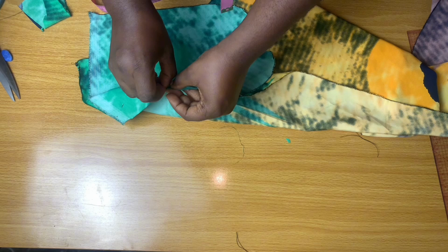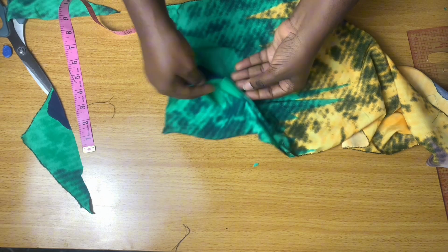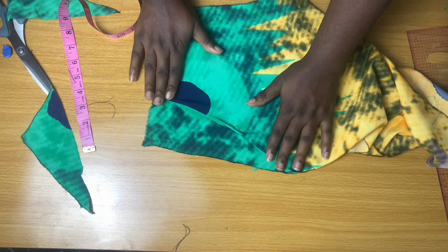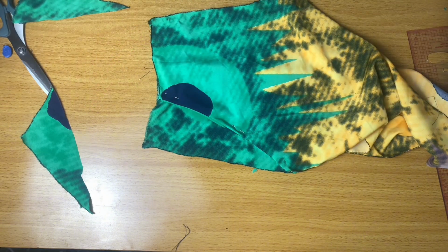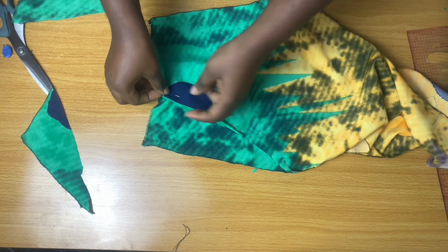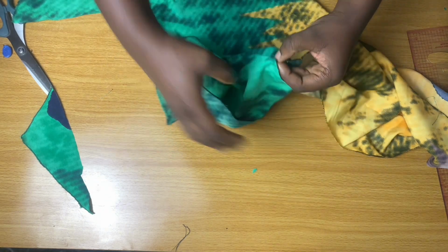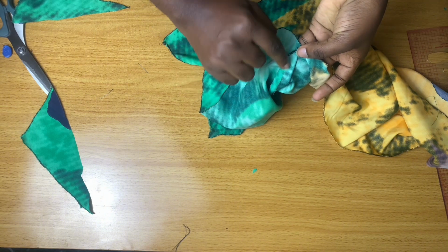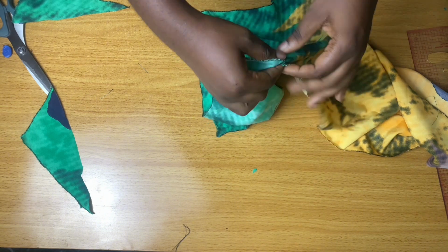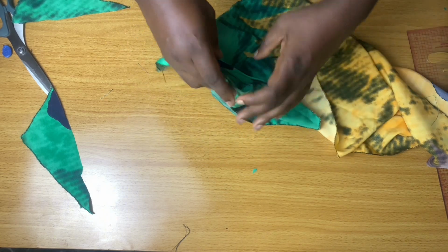So when you are done stitching it, you can pin it up or top stitch on it if you want the stitch to show. What I did was I flip it. After flipping it, I had to pin it up. Can you see it? After you are done stitching, you can top stitch on that part and you flip it. So when you have turned it over,